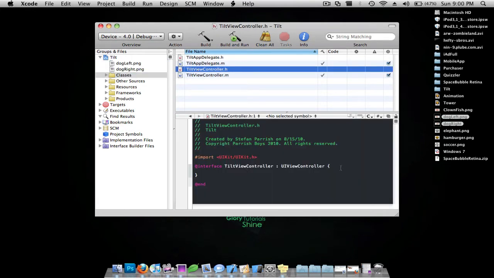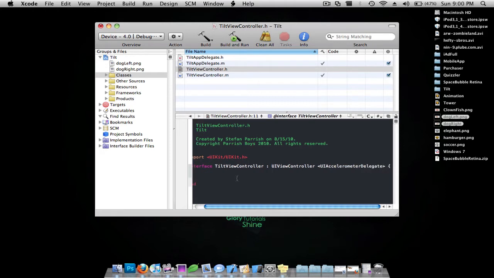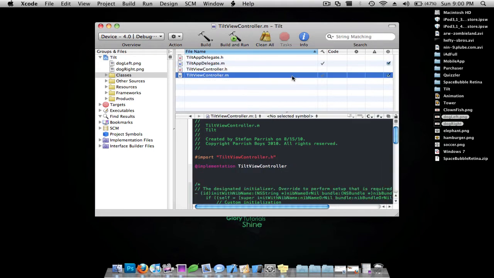I'm going to go to the ViewController.h, and after UIViewController, I'm going to do a bracket and do UIAccelerometerDelegate. Enter after the first curly bracket and do an IBOutlet UIImageView *dog; semicolon, enter. Go to my .m file, and I'm going to do - (void)awakeFromNib,